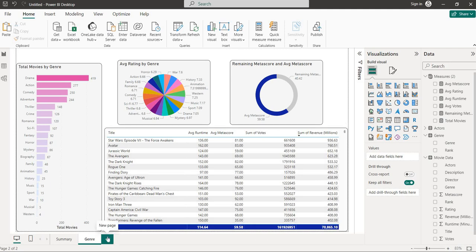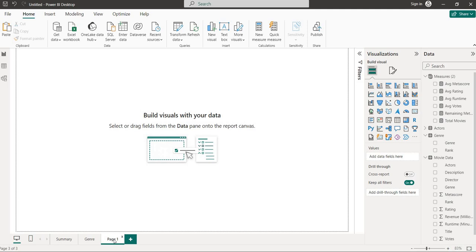Okay, now genre is completed. Now we are moving ahead for other analysis, and which one is our other analysis? That is our actors. Okay, now make a new page, and rename it to actors.